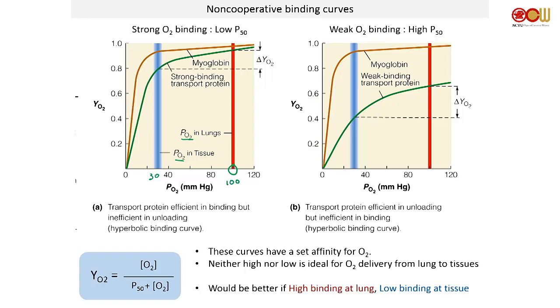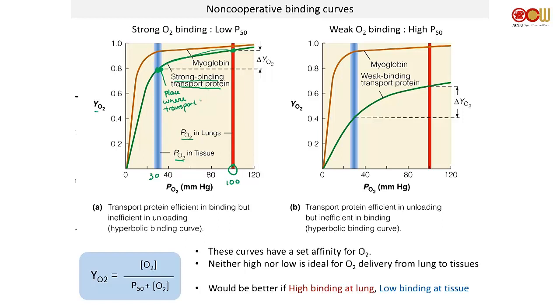If we look at this strong binding transport protein at 100 PO2, you get about 0.92, 92% saturated. And then when this protein travels to the tissue,